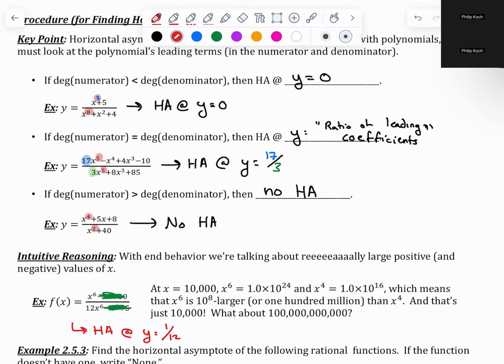Because at the end of the day, when we plug in these absurdly large numbers, nothing other than the leading terms matter, and they're both increasing at the same rate. So we'll have basically 1 million to the 6th over 12 times 1 million to the 6th. The 1 million to the 6th cancel, and we just have 1 over 12. That's what's happening: all the smaller powers of x don't really matter. And another way you can verify,